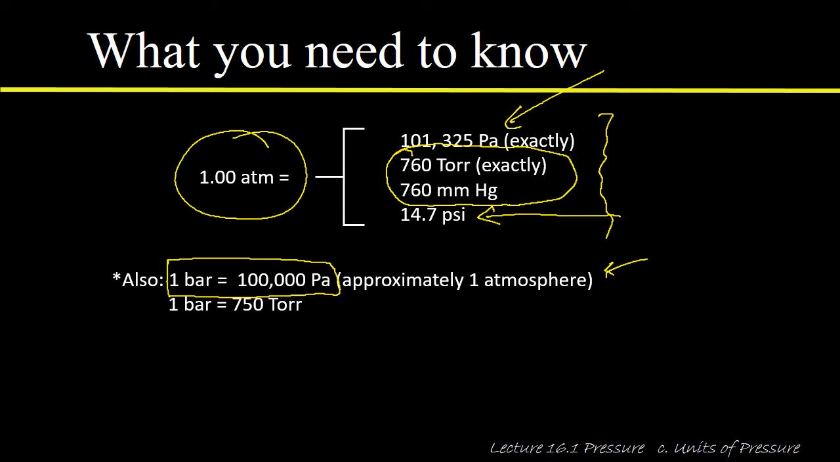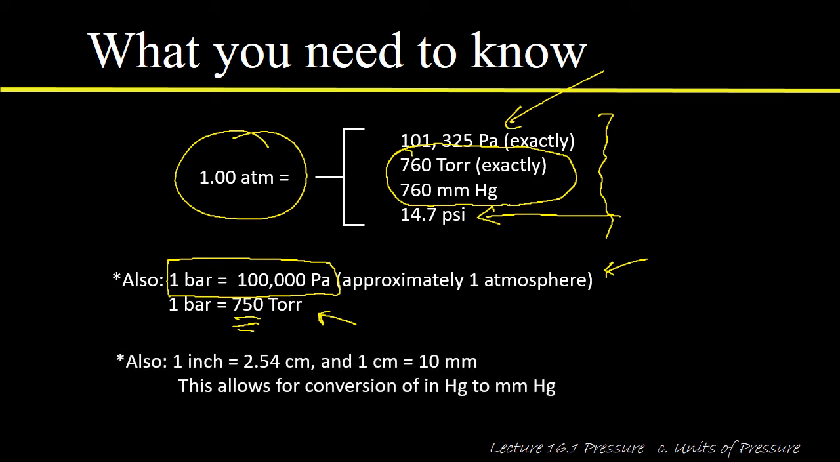If you need to actually do a calculation, a good relationship that's good to 3 significant figures, and I just think it's an easy number to remember, 750 is an easy number to remember. 1 bar is 750 torr. So that's a good thing to commit to memory. And then finally,